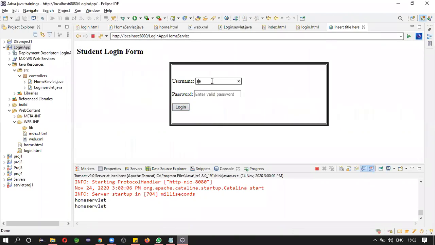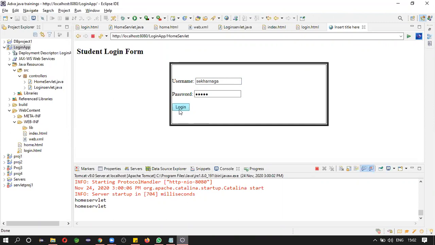So give username and password. Now we need to do something.